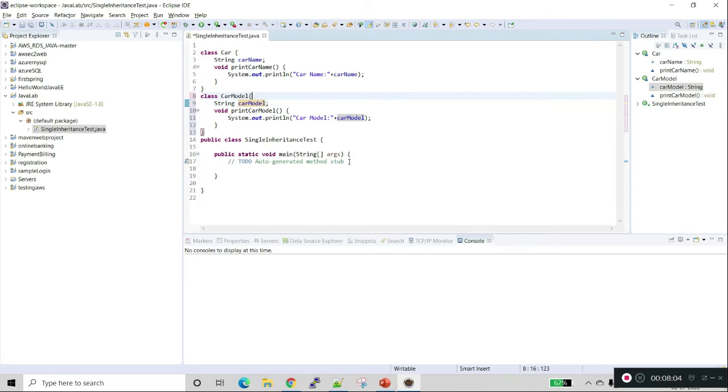Now we are extending car, the superclass, in the subclass. Now we will create the objects.